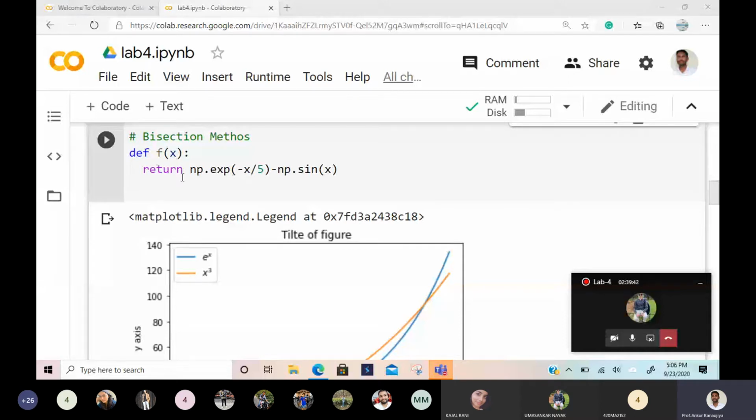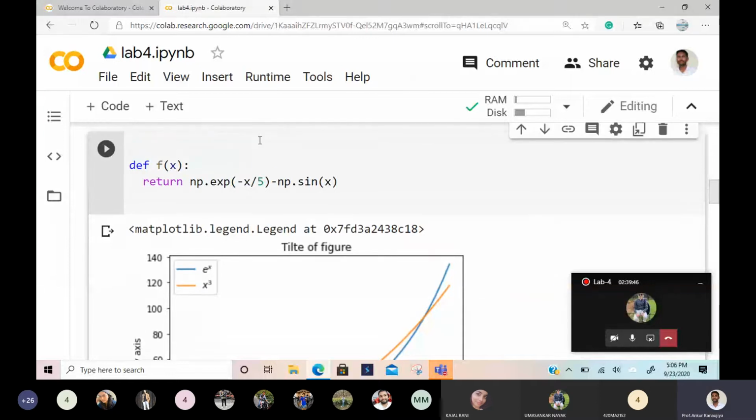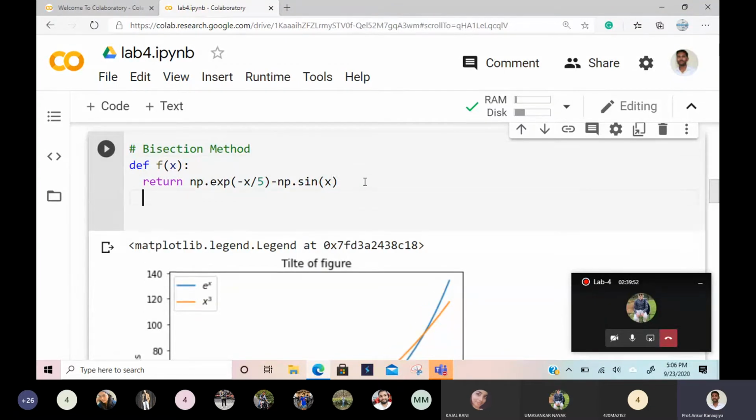So this function definition, does anyone have any doubt? This is how I define it. I already explained anyway. So after this function, what is the next step in the bisection method? Can anyone tell how to start this bisection? Midpoint. Midpoint of what? Midpoint of A and B, the endpoints. Yeah, first we need the points, then only the midpoint will come into the picture, right?